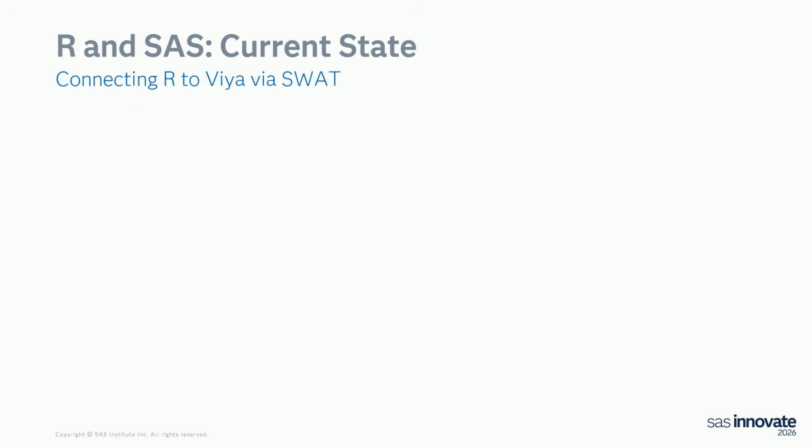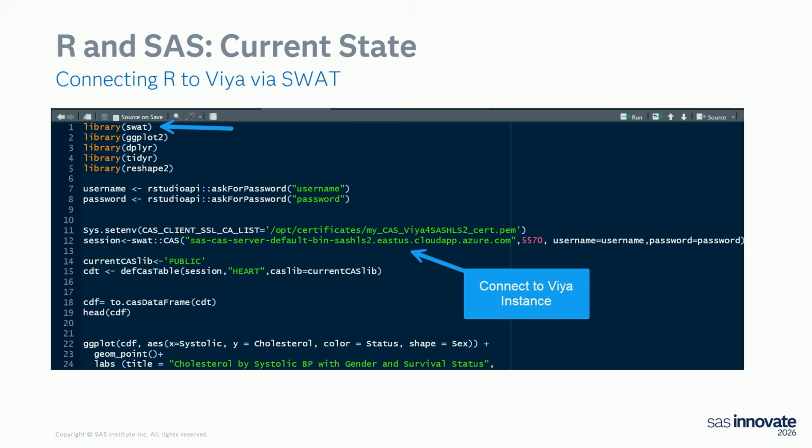You can also connect R back to SAS, right? And then we have this thing called the SWAT package, and this works with SAS Viya. What this lets you do is we actually have a library available called SWAT, SAS Wrapper for Analytic Transformations. And what I've done here is this is RStudio on my desktop. So this is my own version of R that I have control over the packages. I can do whatever sort of thing I want to do.